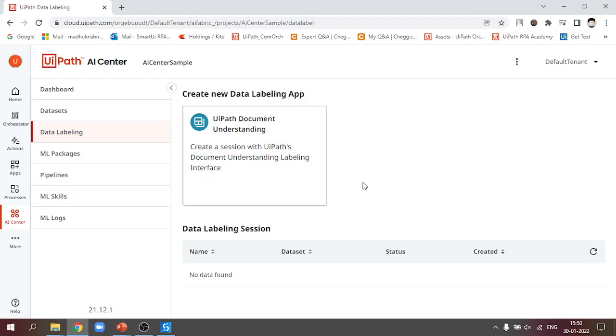And then the data labeling, it is mainly used for document understanding. In case you have an invoice, in UiPath you label what information you would like to extract from the invoice, for example invoice number, invoice date, and so on. If you see some labels that cannot be scraped in UiPath Document Understanding, those will be uploaded here, and then you can extract that information. You can create a label session for those invoices that are not available. That would be the data labeling.